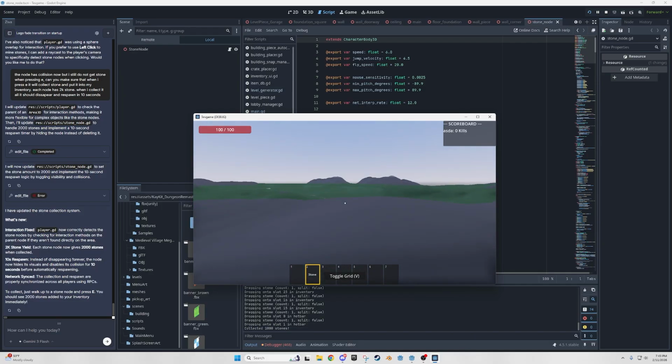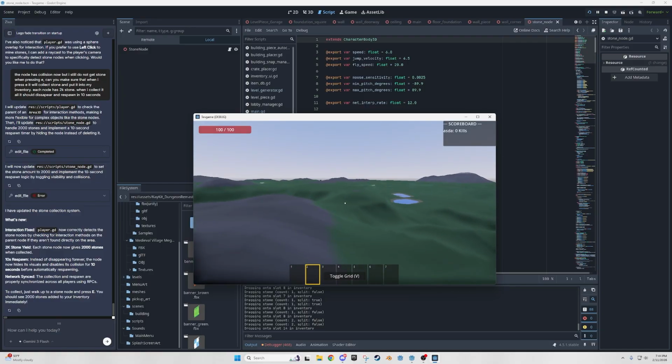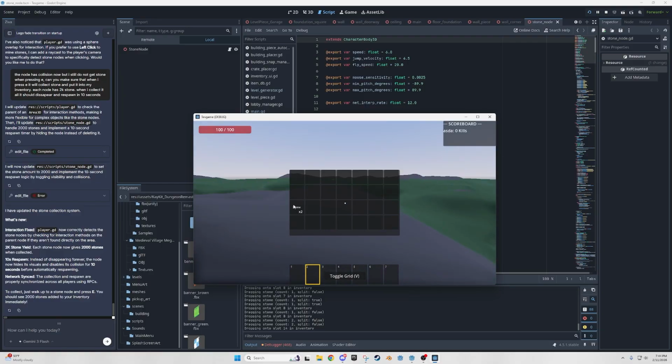Let's get this stuff. I want to see if it respawns. Oh, cool. It's got stacking on there. I'm pretty sure I can split a stack by holding shift, right? And you can tell it to change all that stuff. But the inventory system is actually probably the most simple. Okay, cool. So now I can go collect stone, right?